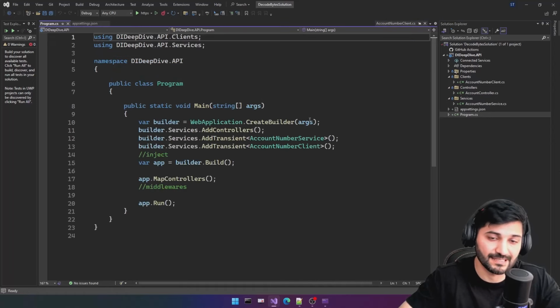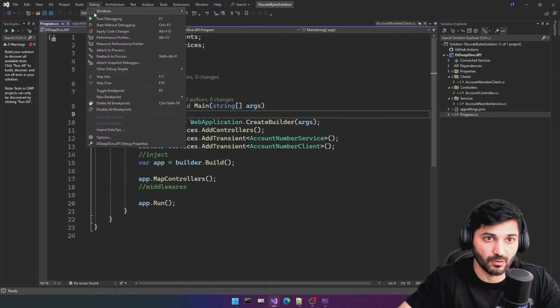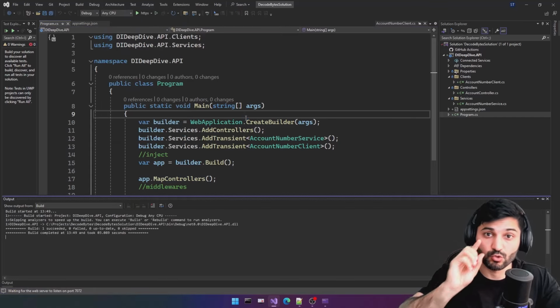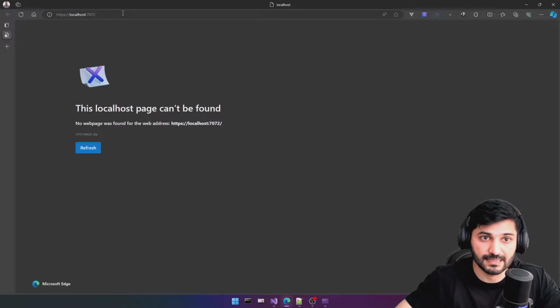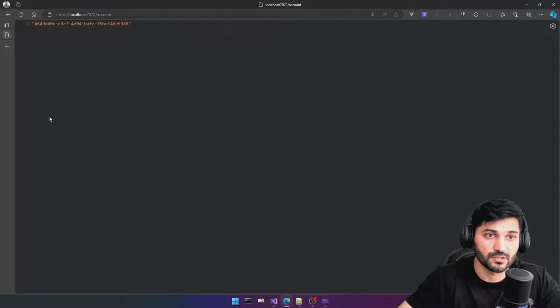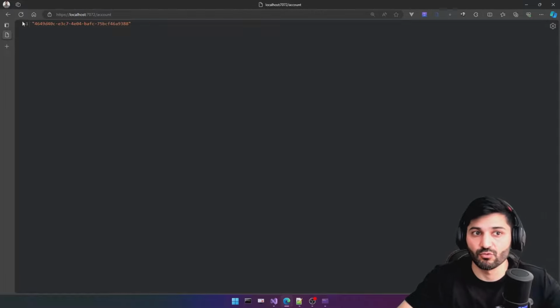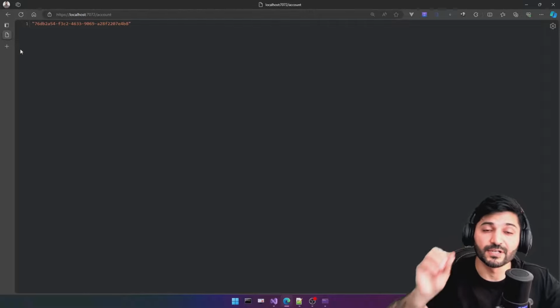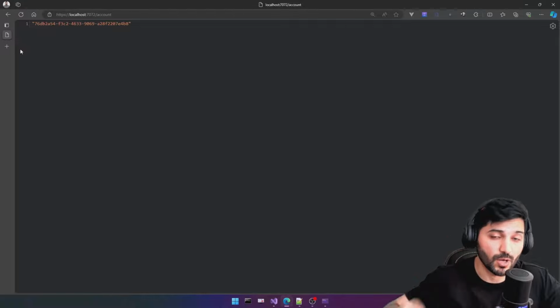First, let's check if everything is working or not. So you see, I have added all this stuff as a transient, and let's see the effect of transient here. I'm going to use account. So you see, I'm going to just refresh it, and voila, every time we are getting different values for transient